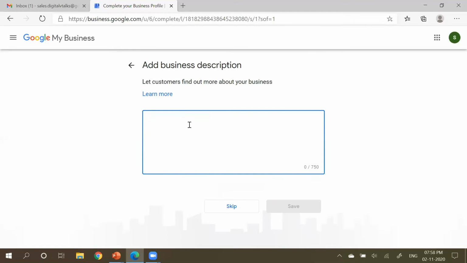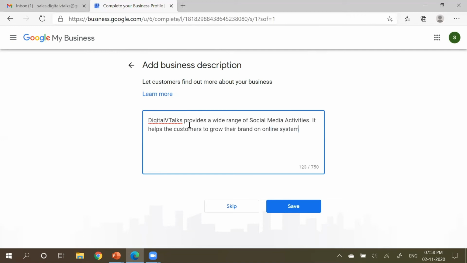So here for Digital V Talks, I can say Digital V Talks provides a wide range of social media activities, helps the customers to grow their brand on online systems. Okay. I have written just 2 lines.